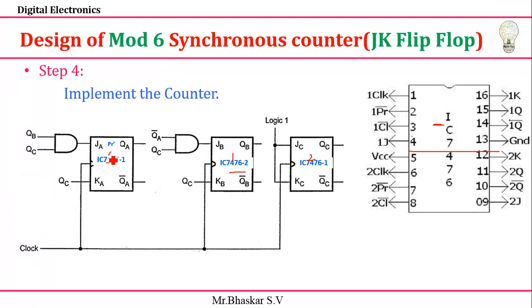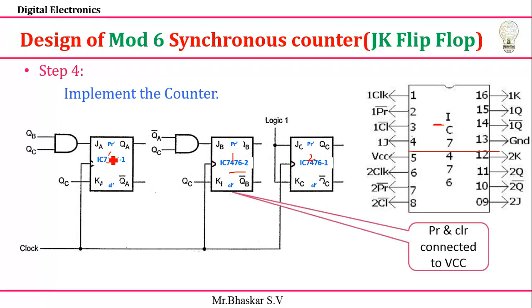Once you did this, next I already told you that you have preset and clear. Two more inputs, preset and clear. Remember, if you want to preset or clear, you need to give the value 0, because it works on an active low condition. If you give 0, then only it presets or clears. Otherwise, by default we make it logic high, meaning we need to connect it to VCC. Here, preset and clear are connected to VCC. If you want to make a clear or a preset, then you can connect it to ground and do that.